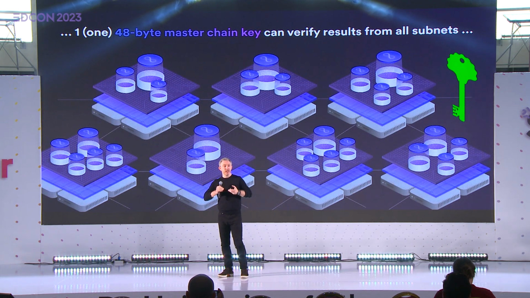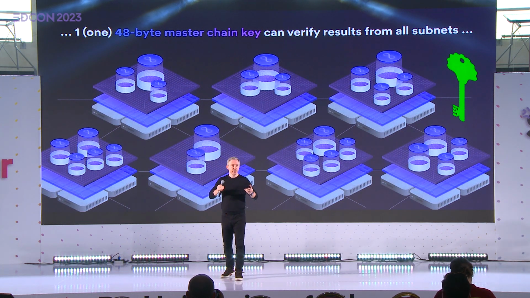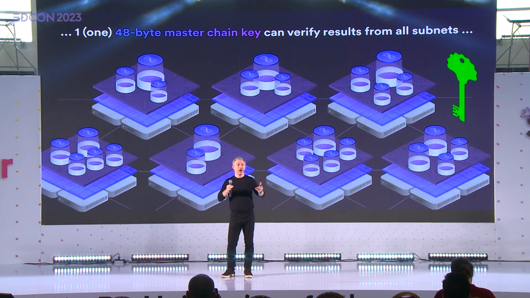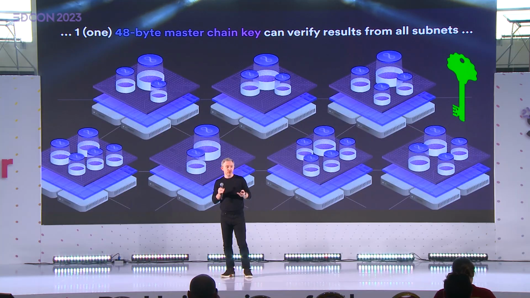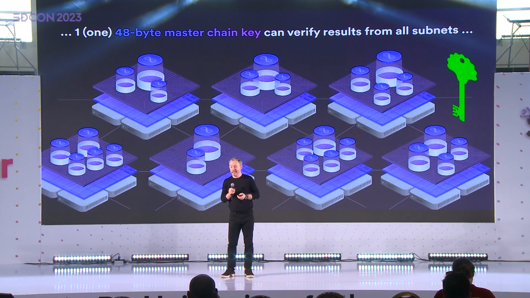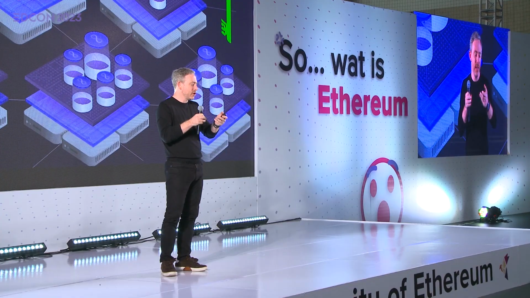And as you can imagine, as this thing scales out, it gains more and more subnet blockchains, which are kind of invisible. These aren't like Avalanche subnets. They're actually combined into a single blockchain. And this sort of thing that can scale in an unbounded way has a single 48-byte master chain key. And of course, the nodes don't have some private key or something like that. And when you actually interact, you're not getting back a single signature. It's a compound signature, but it's a chain key.